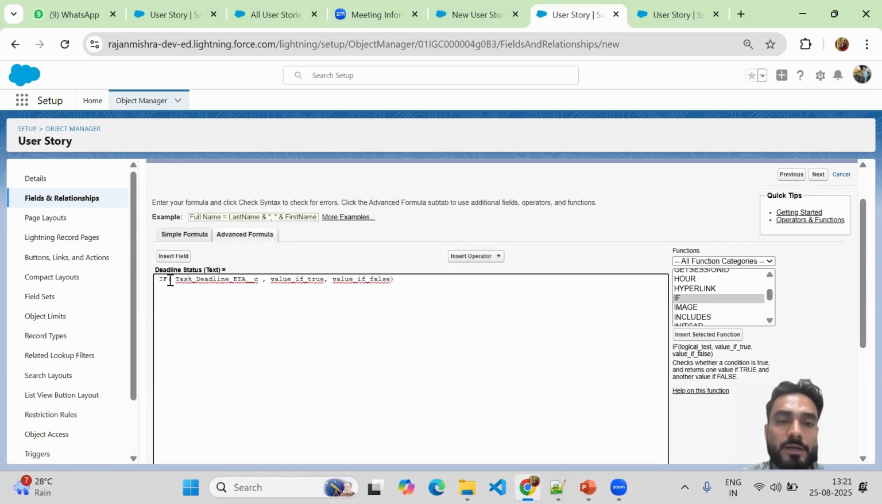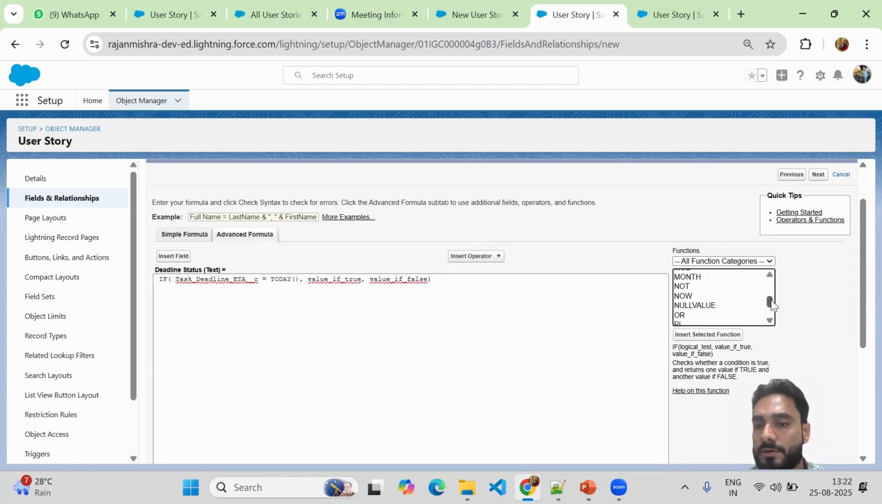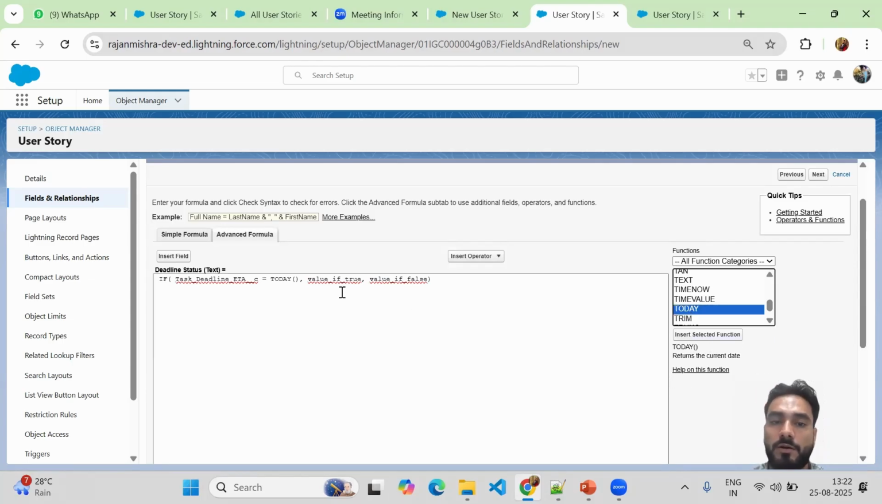So if task deadline equal to, I will just, this today is a standard function of the Salesforce. Okay, so under function, from here also you can pick that. Here we have today, right? So once you insert this, it will display the same today and in bracket. So if task deadline equal to today,